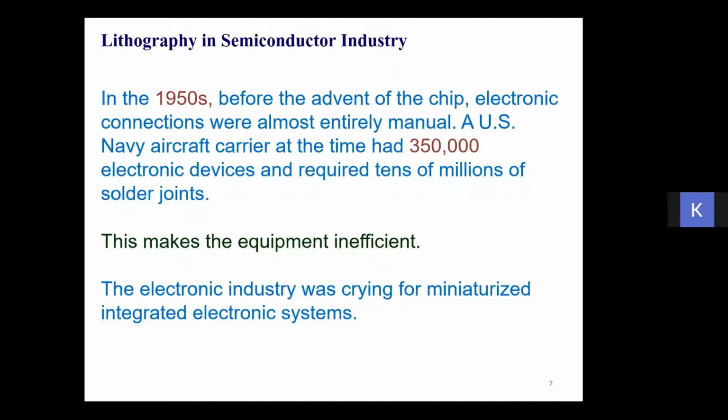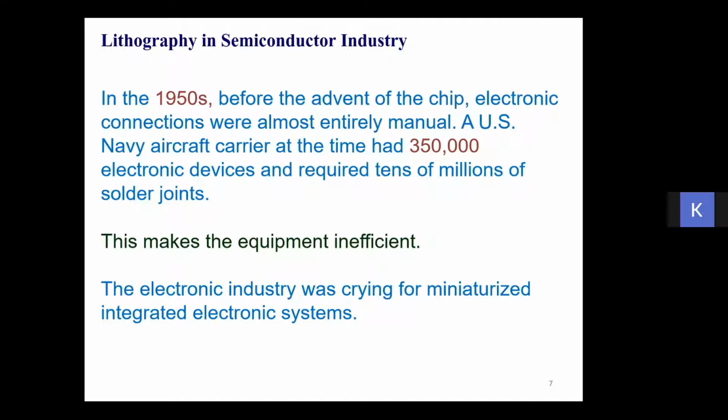If you look back around the 1950s, a US Navy aircraft normally carried 3.5 lakh electronic devices, and those were all manually connected. What do I mean by manually connected? They had wirings and solder joints, and the number of solder joints could go up to tens of millions.